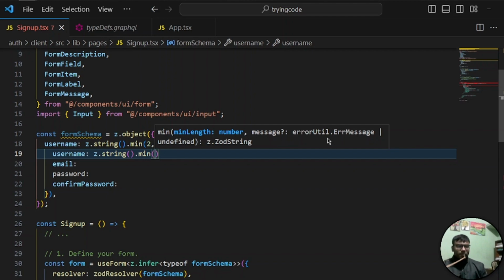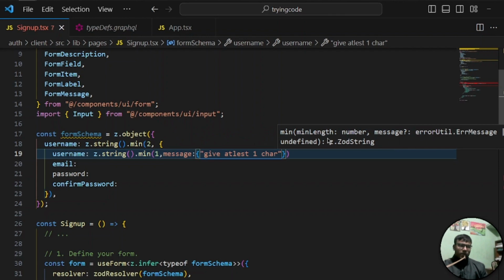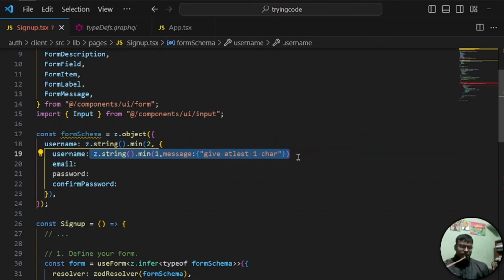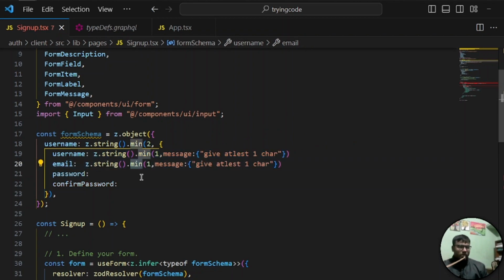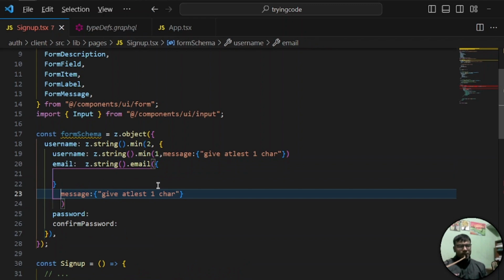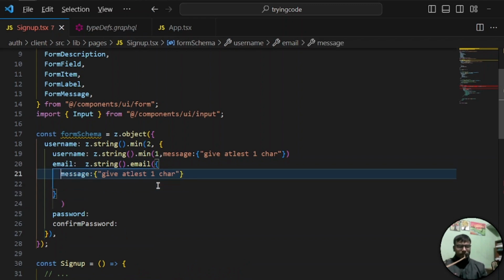So we need minimum 1 character for submitting this form, and we can give a message, give at least 1 character, and then just copy it and paste in here, and here just give email rather than min. Just call email function, just open curly braces and put this message inside this curly braces,